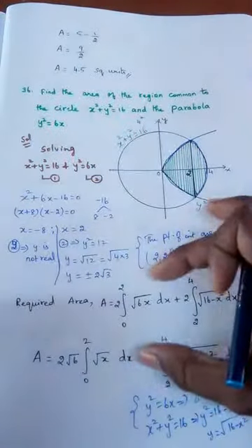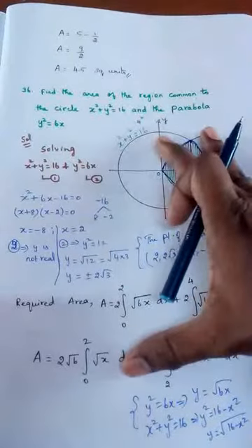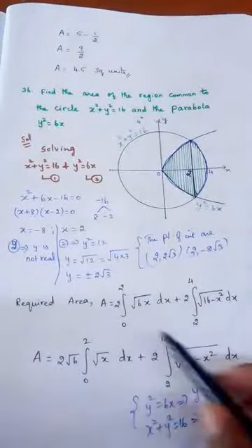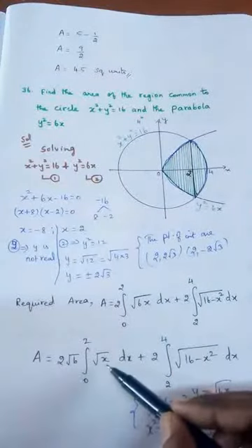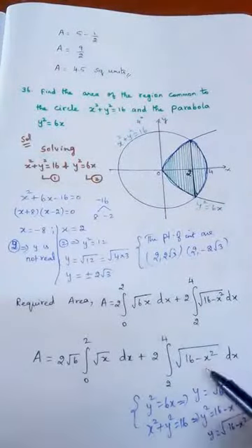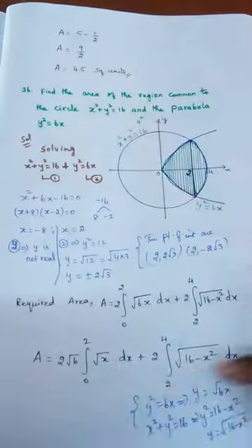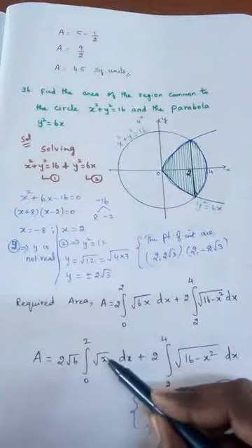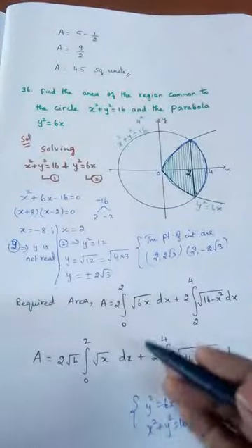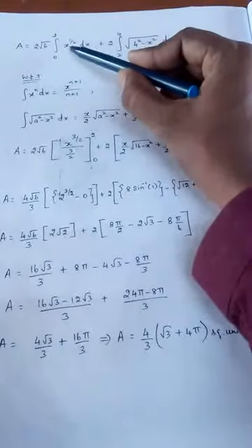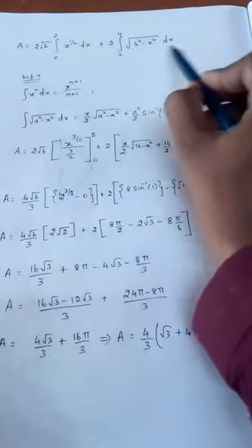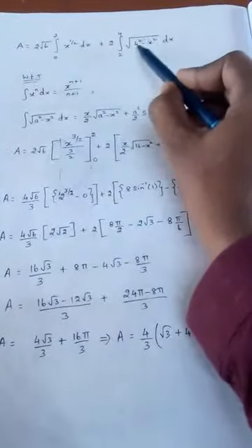It is important that you should know up to this. These are the important steps. Other things are all simplifications. So from this, 2 root 6 is taken outside, so root x remains. Plus 2, 2 to 4, this remains. Right? Now we are going to integrate this. What is root x? Root x can be written as x power 1 by 2. In the next step we will do that. Other things are all same. 16 is written as 4 square.